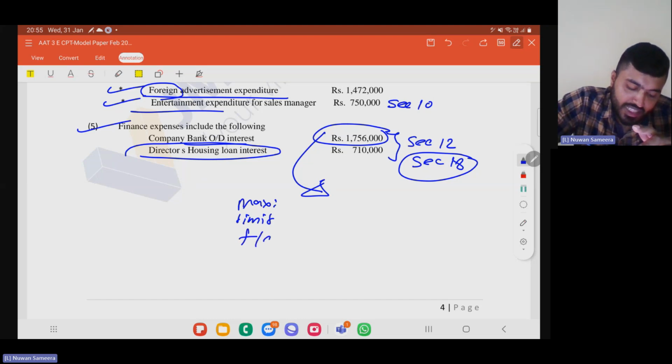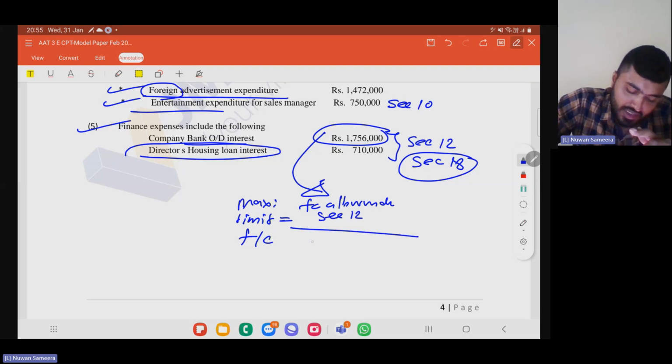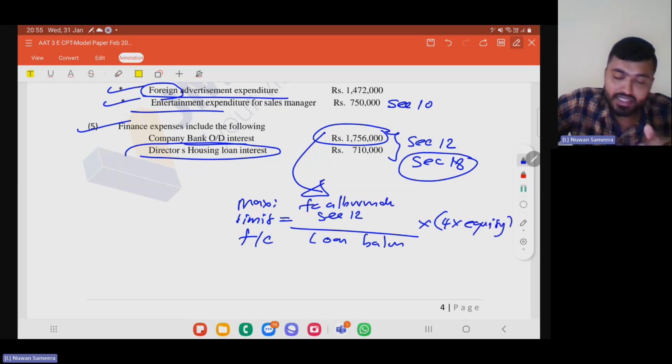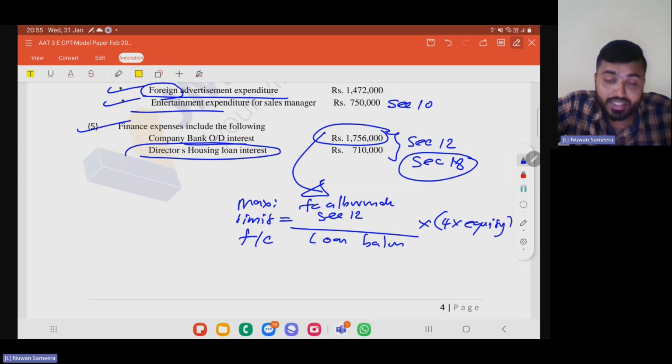Finance cost allowed under section 12 divided by loan balance into 4 into equity. As equity, you have to take the share capital plus all reserves, but excluding revaluation reserve. To calculate